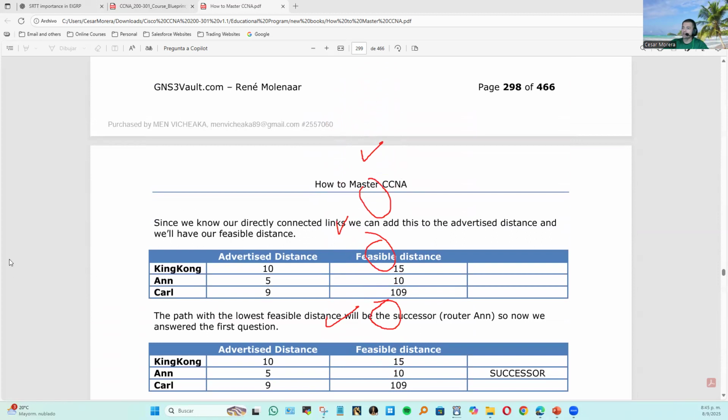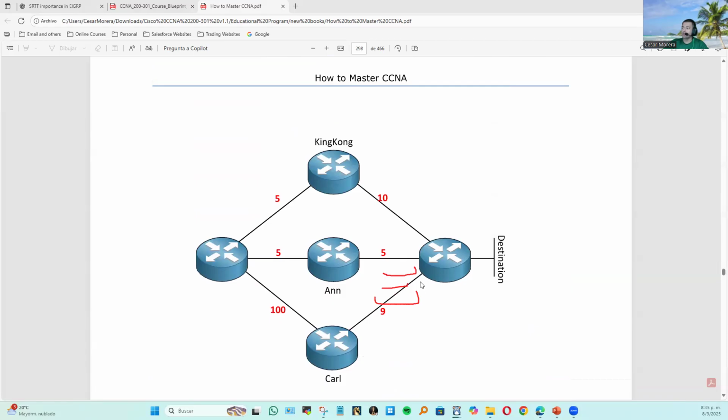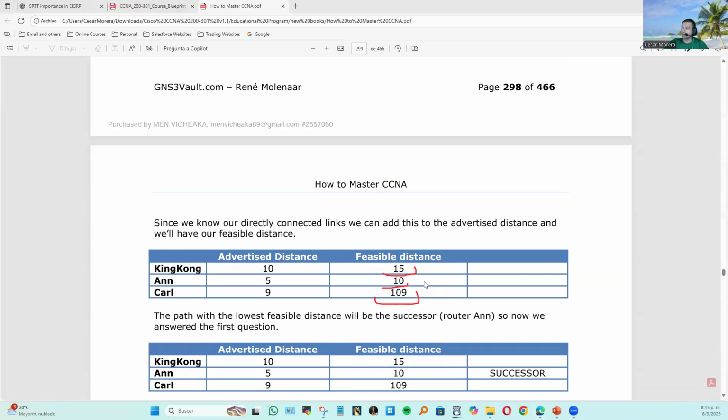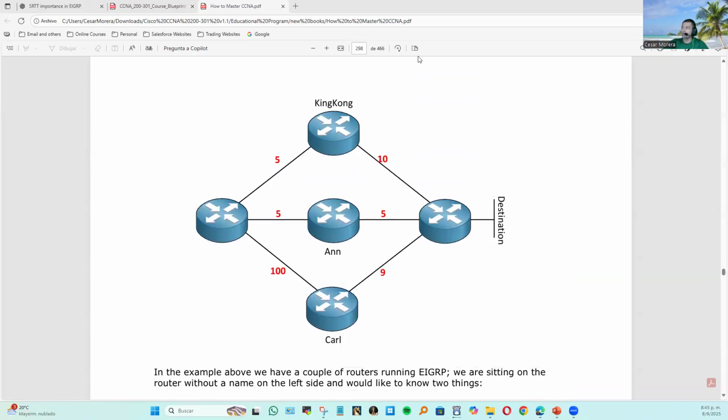In this case, let's clear the drawings, and those are 15, 10, and 109. Where do you see those? Where do we see them? It's actually 15, 10, and 109. Let me go back to the calculation and to that topology. So the feasible distance here will be a total of 109, meaning, let me go to the pencil,